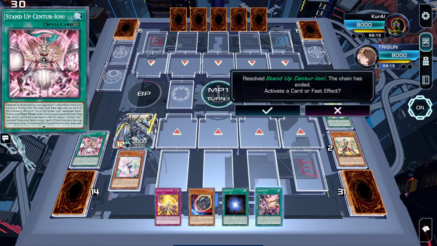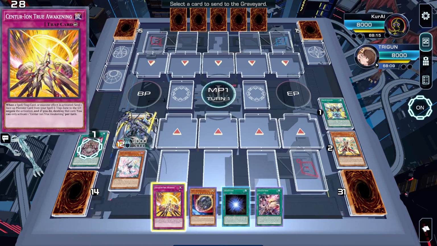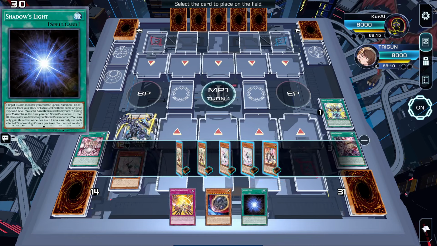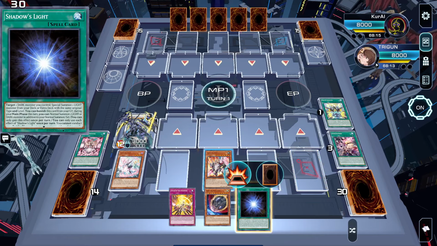Activate the field spell. You don't need to use the field spell, but we'll use it to grab Emeth. We'll discard our least desirable card, which is Bonds. It's not useful right now. And we'll push back Emeth. Now we'll use Shadow's Light